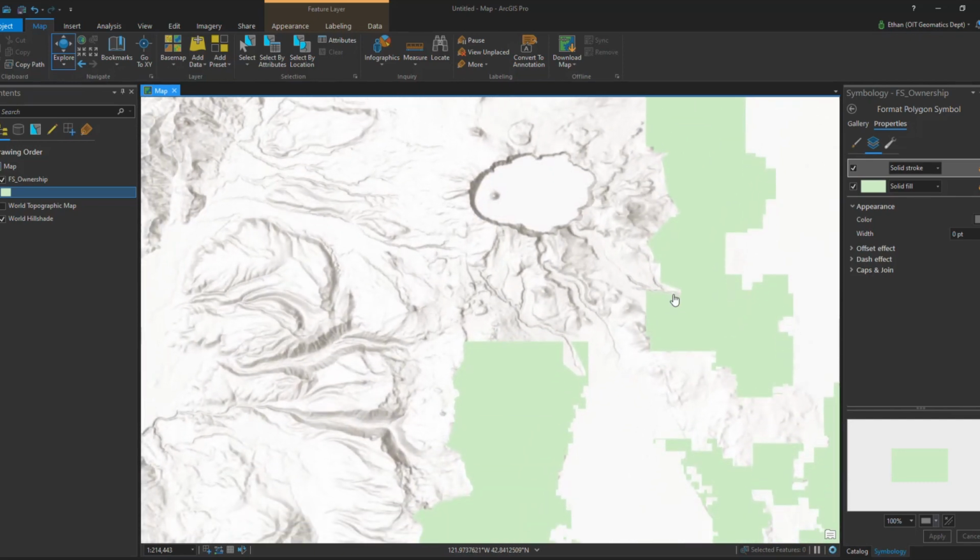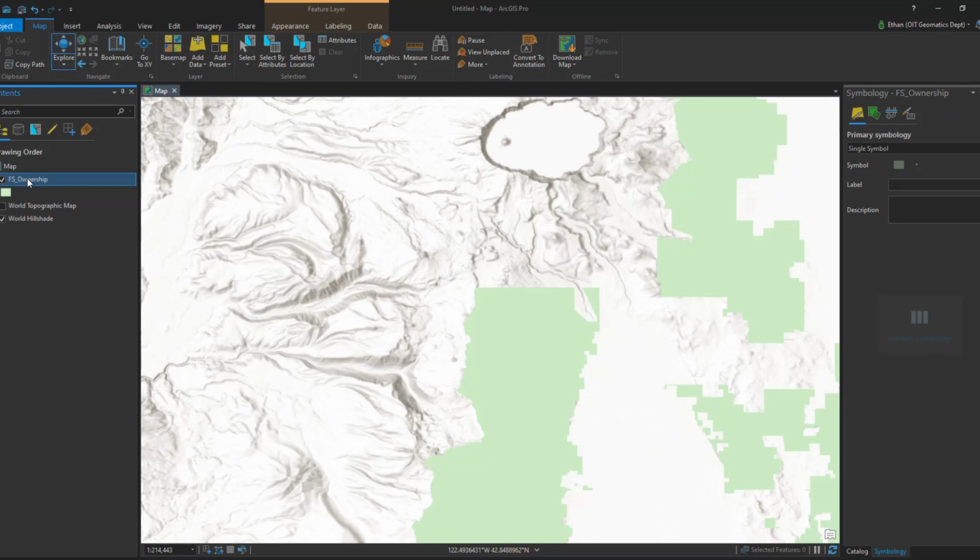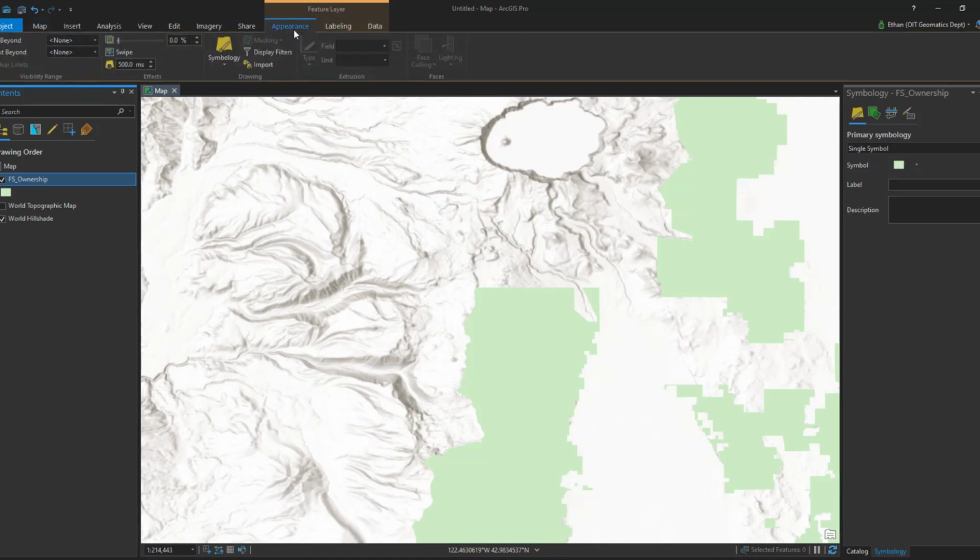But what if, you see how I have three-dimensional relief here, but I don't have it here. So how do I get it here? Well, I have to make this layer transparent. In order to do that, we simply click on the layer one time, and that'll bring up the feature layers context menu right here. We click feature layer. Under appearance, you'll then see that we have a,